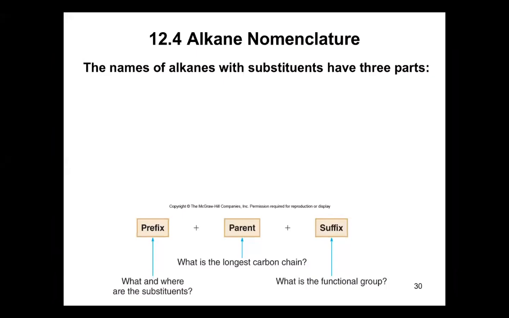Okay? So, in the names of alkanes with substituents, ano ba yung substituents? Substituents are the branch ng main. Di ba sabi ko sa inyo na merong main branch? Kumbaga merong parent branch. Yung main branch, kung meron siyang branching chain, that is what we call substituents. Okay? Ito yung mga branch of the main chain.